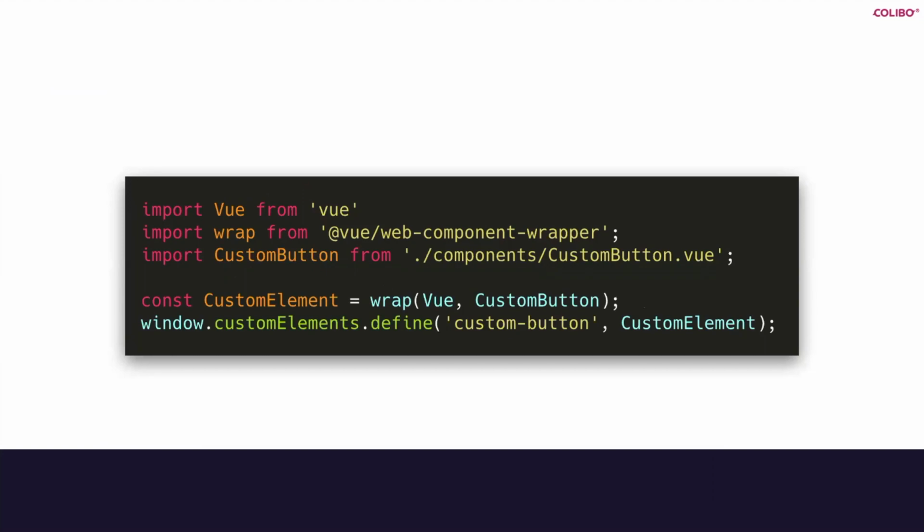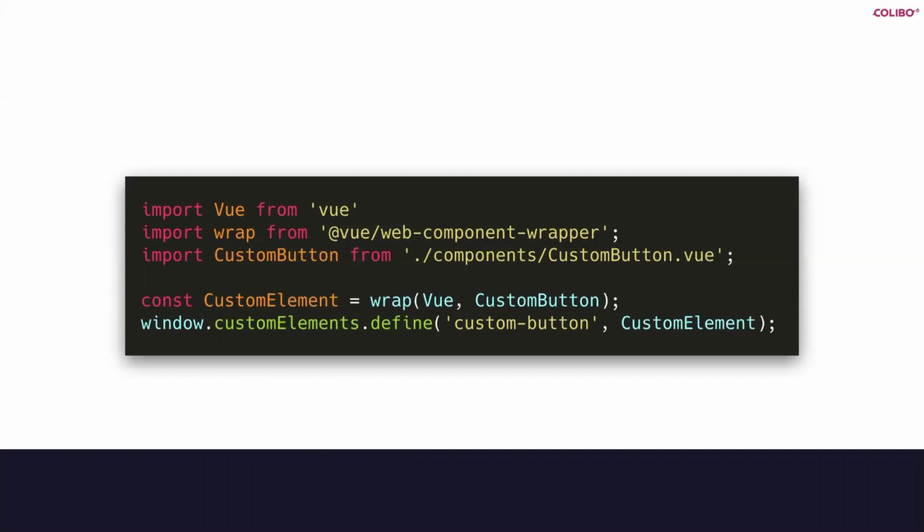We call that with an instance of Vue and with our custom component, and that returns the base class again, and we call window.customElements.define with that, and we're pretty much good to go. It's a little bit less obvious how to actually make that work with Vue CLI. If you want to just play around with it, I can tell you how to do it, or you can download it. I'm going to link to a GitHub repository at the end where you can download all the source code for all my examples.